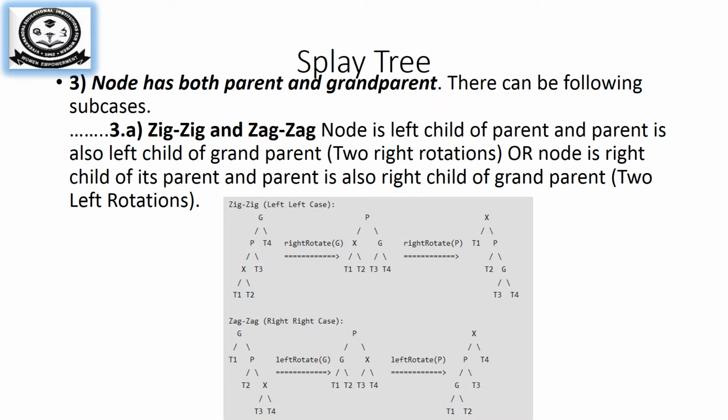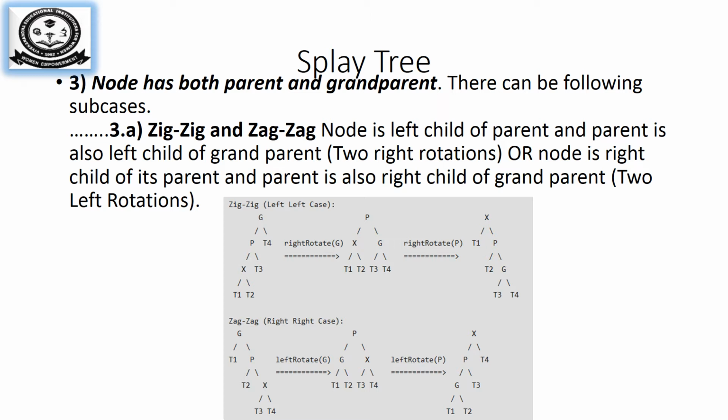The next case is where the accessing node has a parent node as well as a grandparent node. How do you bring that accessing node to the root node? See the diagram here. The rotation we perform is zig-zig. The first diagram refers to the left case, that is X, P, G. X is the accessing node. You can see the direction from the grandparent to the accessing node X is left of left. In that case, you rotate in such a way that X is brought to the root node, X's right child becomes the parent node, and the parent's right child becomes the grandparent node. This is how a zig-zig rotation is performed.